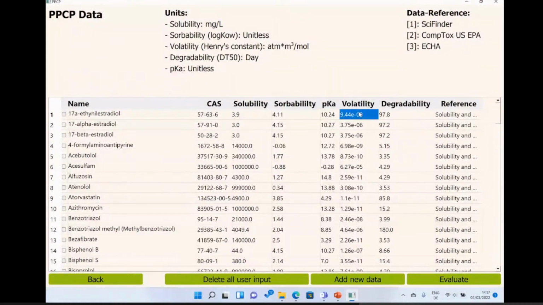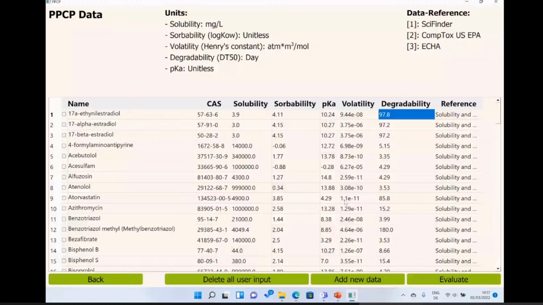As a measurement of volatility, modePROCON uses the Henry's constant value of each substance, and the unit of Henry's constant is also given there. And as degradability, modePROCON shows the days that a substance needs in order to get 50% degraded, so we can also say DT50, in days obviously. So these are the 5 types of values that we need along with each chemical substance or emerging contaminant.